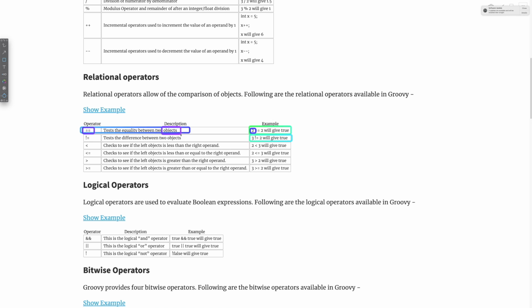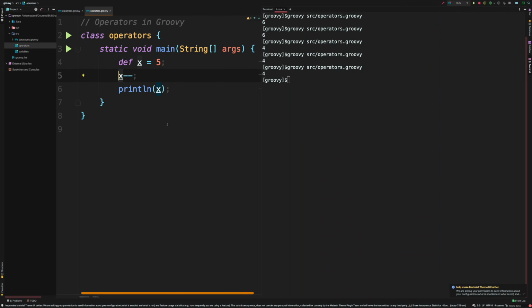We haven't talked about objects and what they are in Groovy. For now, just remember any primitive data type like strings, character, integer, boolean, all of them are objects in Groovy. We'll get to what an object is and what it means in Groovy, but for now just remember that. Now, the first operator mentioned here will test the equality of two objects. Through IntelliJ, let's try that out.